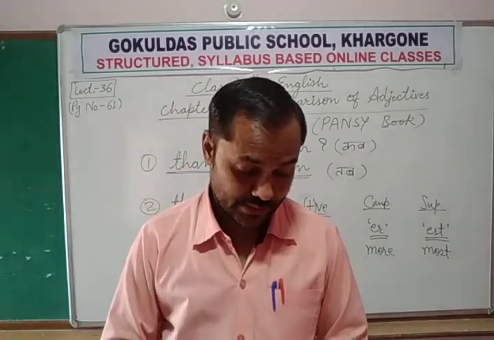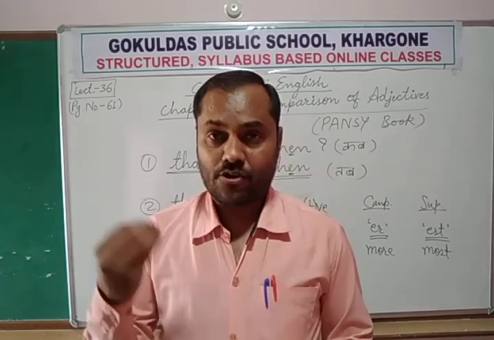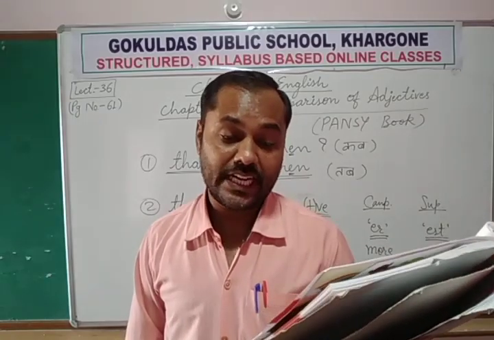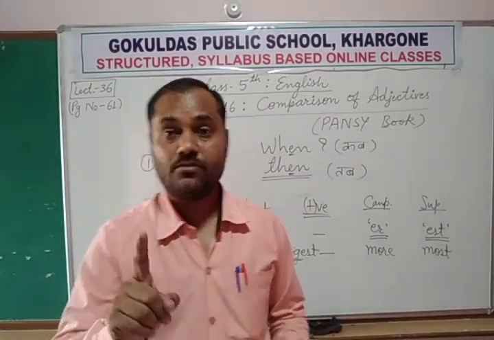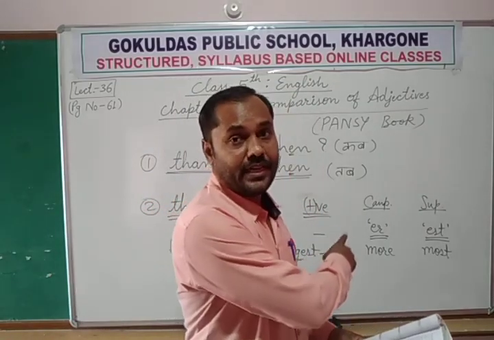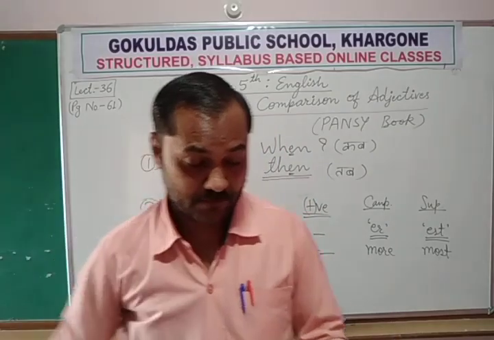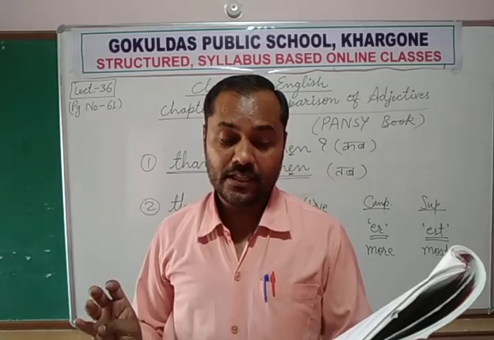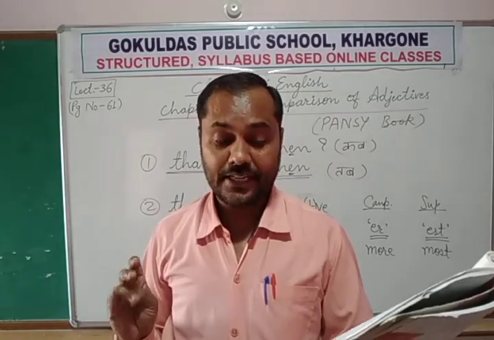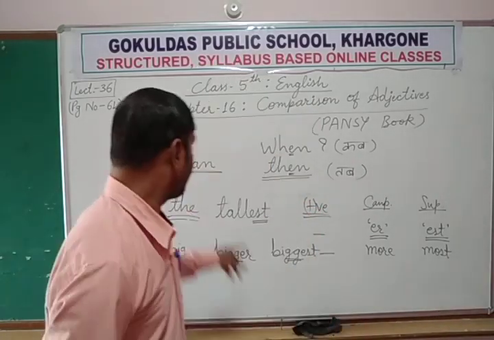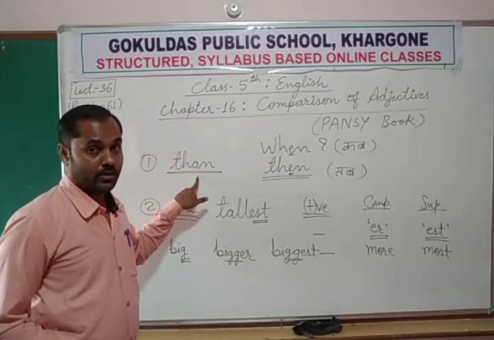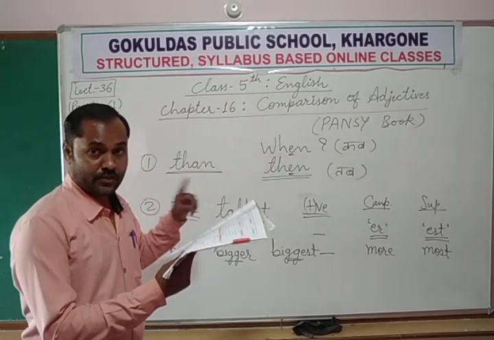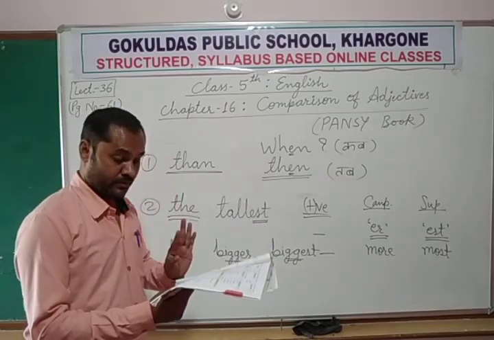You have to memorize these things. Now let's talk about some rules given here. General rules for correct uses of degree of adjectives. Degree of adjectives: positive degree, comparative degree, and superlative degree, three degrees of comparison. Some adjectives such as prior, senior, junior, superior, inferior take to in place of than. I had told that when we use the comparative degree of adjective we always use than.